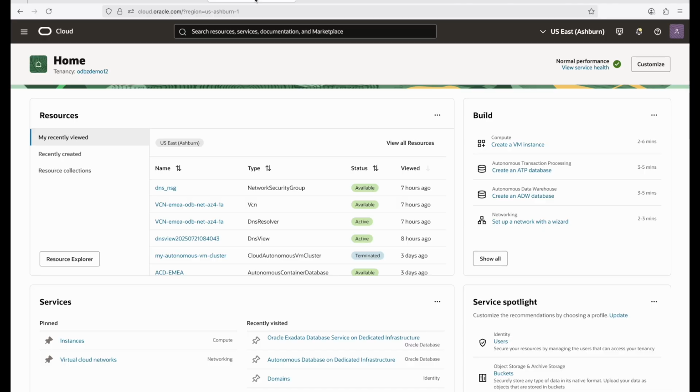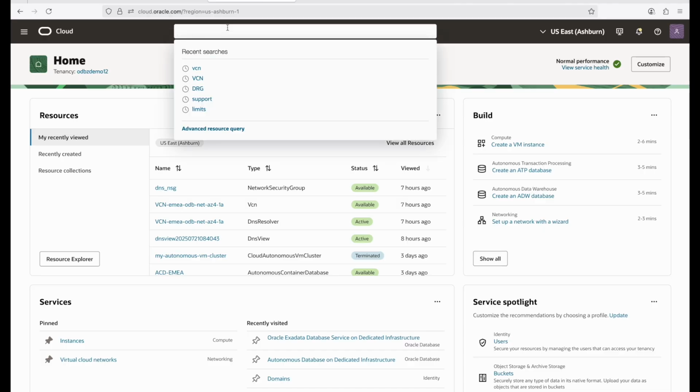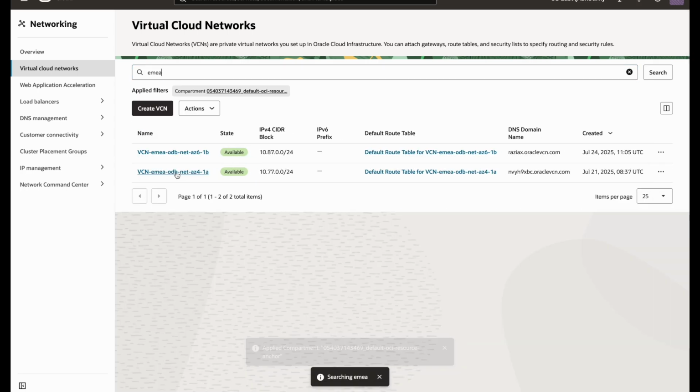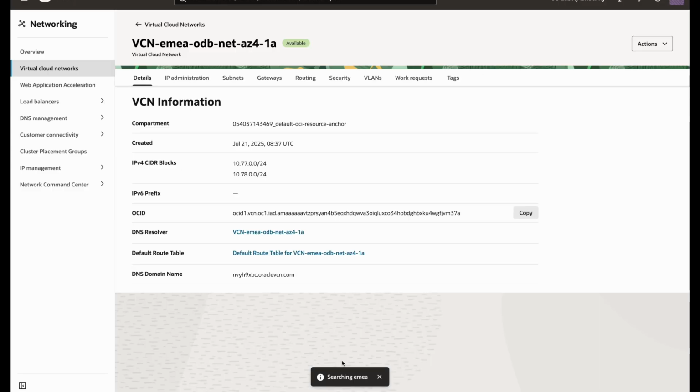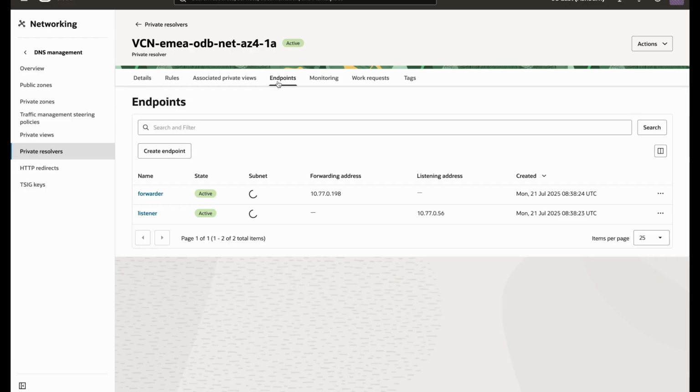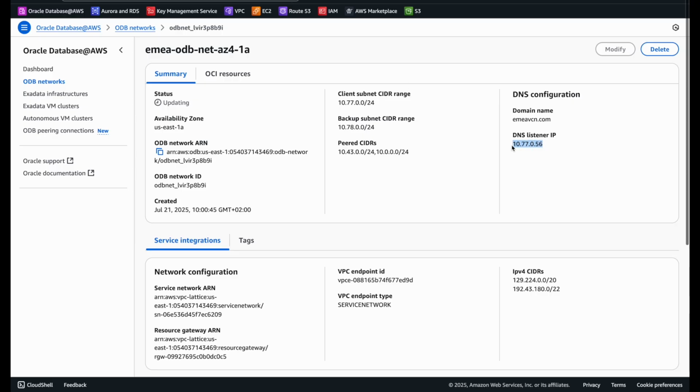And then I can double check on the OCI side, selecting the VCN corresponding to the ODB network. This one, as you can see, the VCN has the same suffix name of the ODB network. I can double check the DNS resolver associated to this VCN. And as explained before, two endpoints, a listener and a forwarder, have been configured by the automation. And the listener IP address is the same reported in the ODB network dashboard. So now we can move ahead